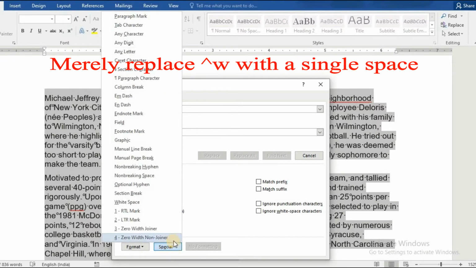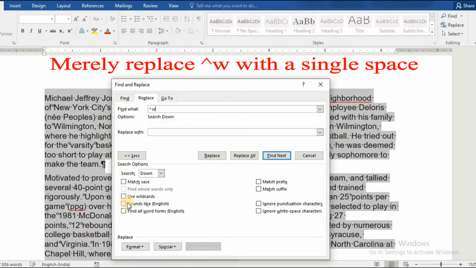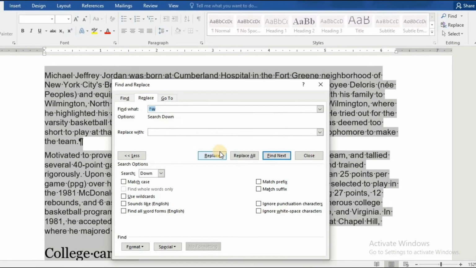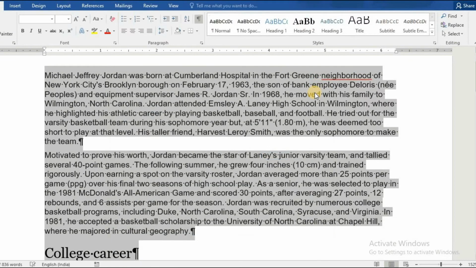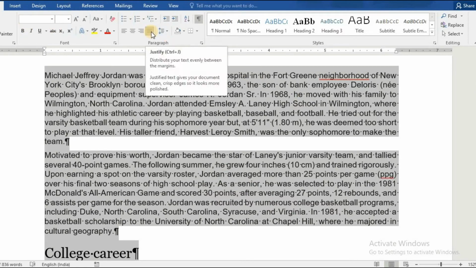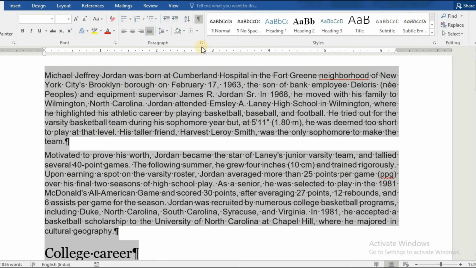Press special, white spaces, or you can simply press W. That is, I am replacing all the extra spaces with a single space. Replace all. You can justify the text with Ctrl J or by navigating through the home menu by pressing this icon, justify.